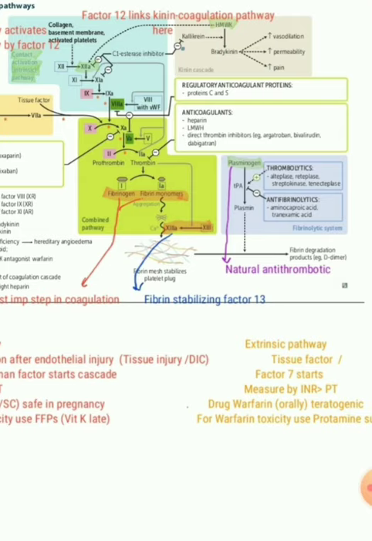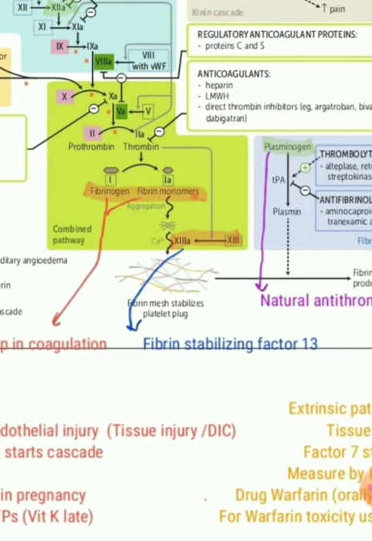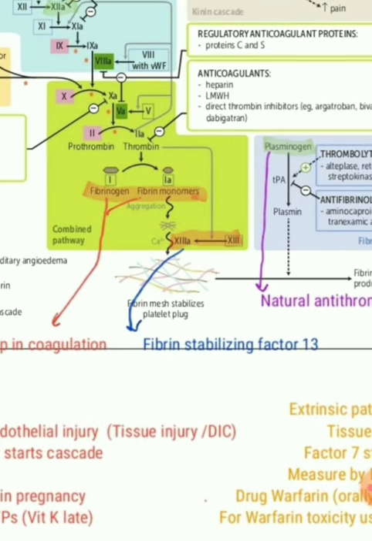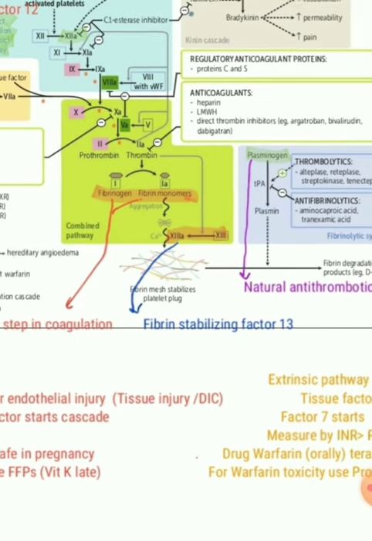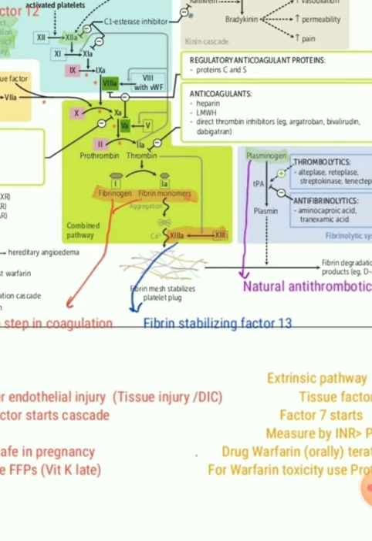Anticoagulants do not let the clot propagate. They do not let more coagulation be effective. For example, here we have heparin as an anticoagulant, low molecular weight heparin, and direct thrombin inhibitors. They do not let the cascade move forward,